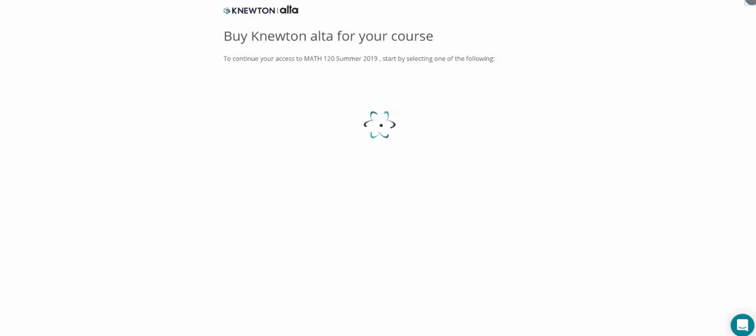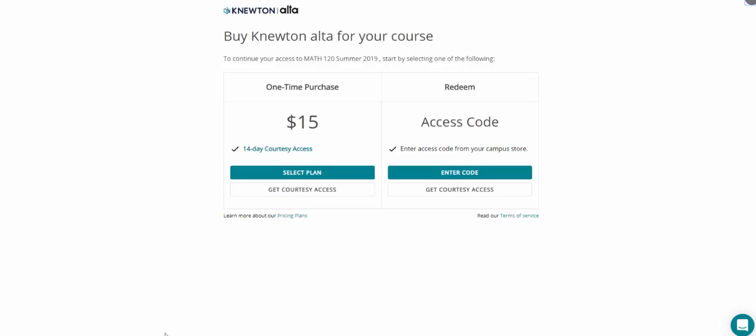Okay, if you press over here, what you're going to see is the $15 negotiated price, one-time purchase, and you can pay for it directly through the website here. Or if you bought a code at Frederick Community College bookstore, that's what you would enter here. Okay, so if I am correct, the FCC code is about $18 or something like that. So they have to mark up a little bit, right? So it still should be relatively cheap relative to other publishers. Okay, so once you do this,